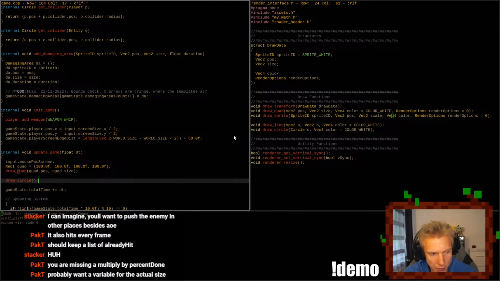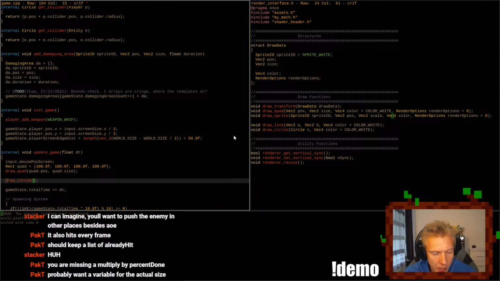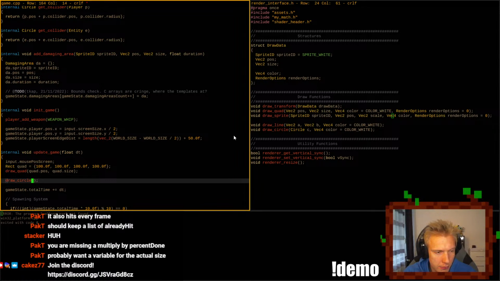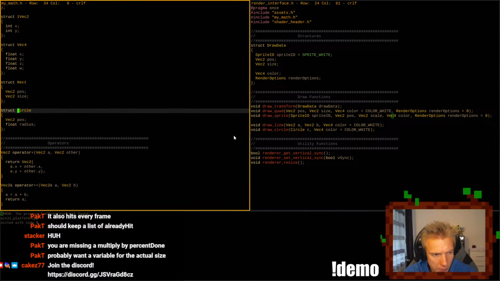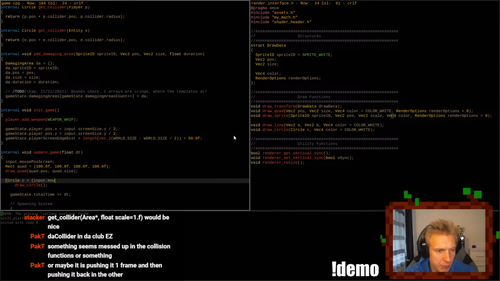Do we have draw circle? We actually have a draw circle function. Or have a scuffed version, but okay. At a position. It takes in a circle, right? What is a circle? Position and radius. That would be input dot mouse position screen.